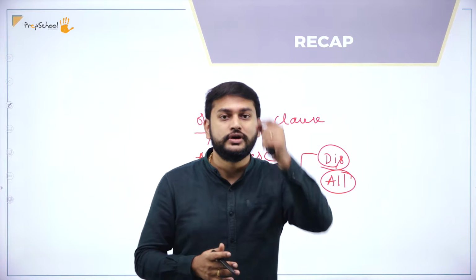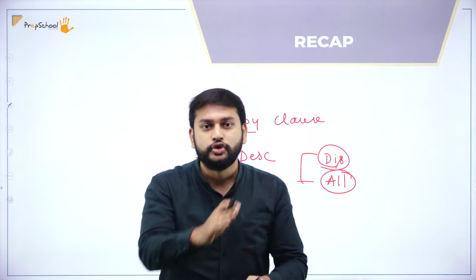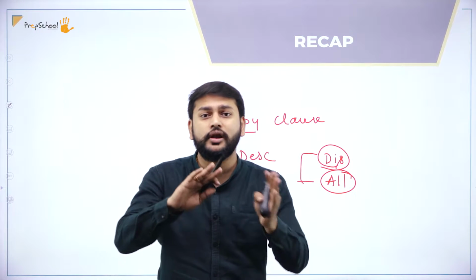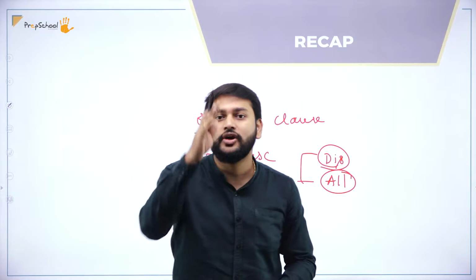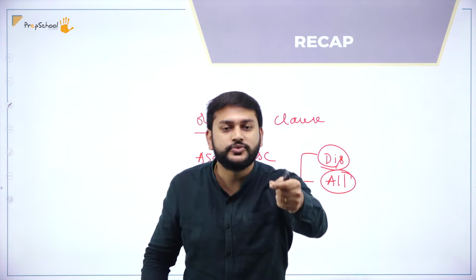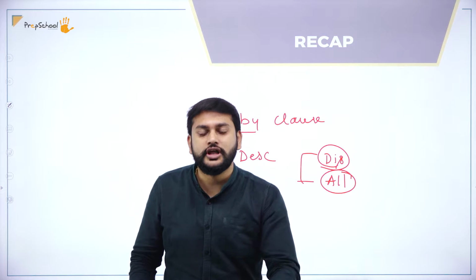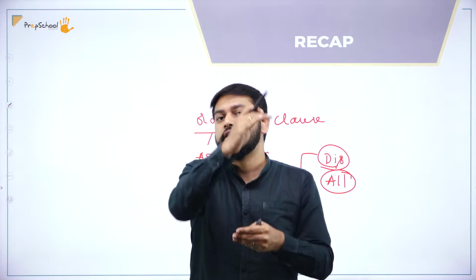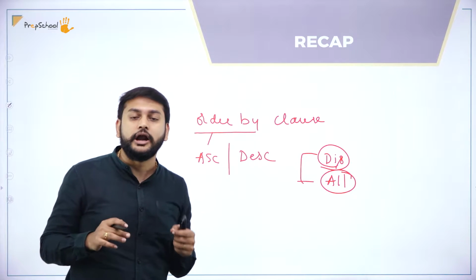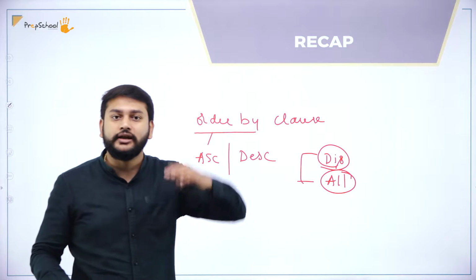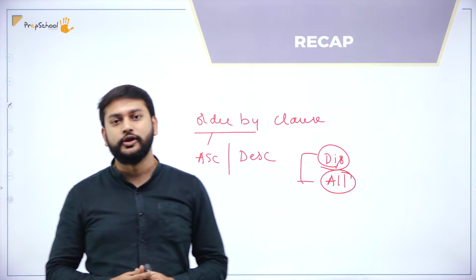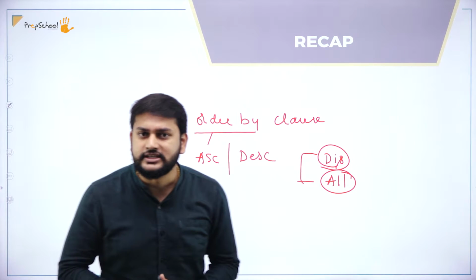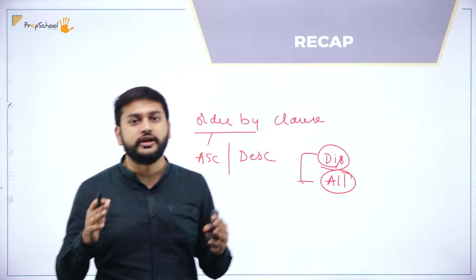I will repeat for all of you. Distinct in the sense in the column you will be able to give only the unique values. If the names are repeated more than one number of times, the name will be considered only one time. Suppose for example, 4 times I have Raju, 4 times I have Ravi, 4 times I have Ramu. Though it is repeated 4 times, it will be considered only one time. That is what I will call a distinct. But when it comes to all, it will select all the values including the duplicate values. This is what I discussed in the previous session, a quick recap for all of you.